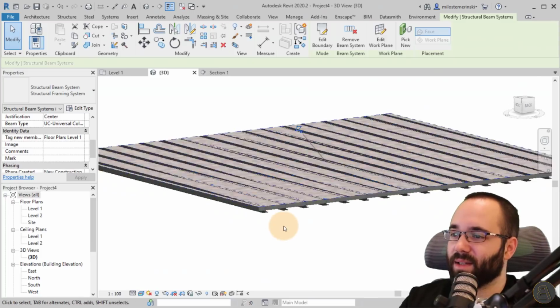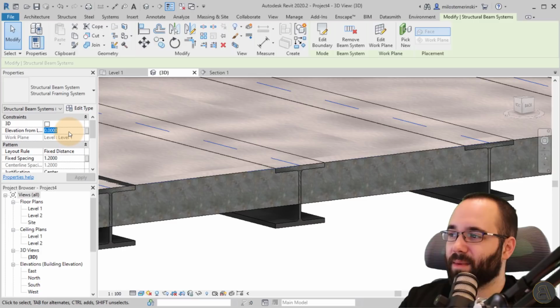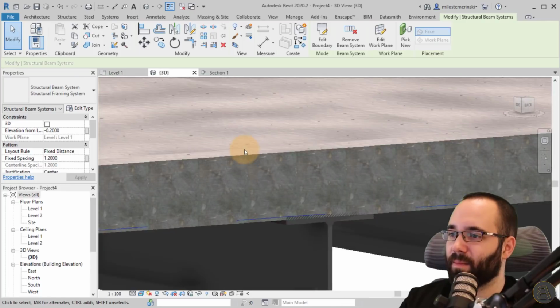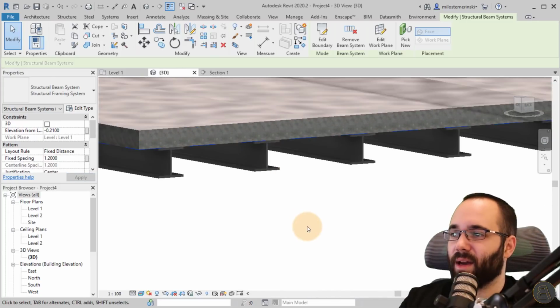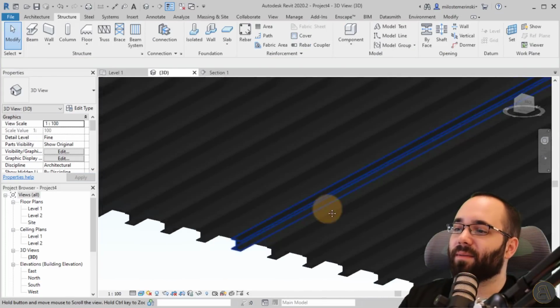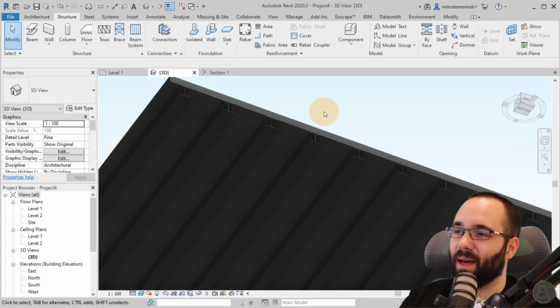This is what that looks like. Obviously it's a little bit high, so you want to bring it down. So you can just come in here and give it, I don't know, minus 0.2 meters offset from top. Okay, it should go a little bit lower. Let's see, is it 2.1? I think it's 2.1. Yeah, there we go. So now you have that concrete with metal decking